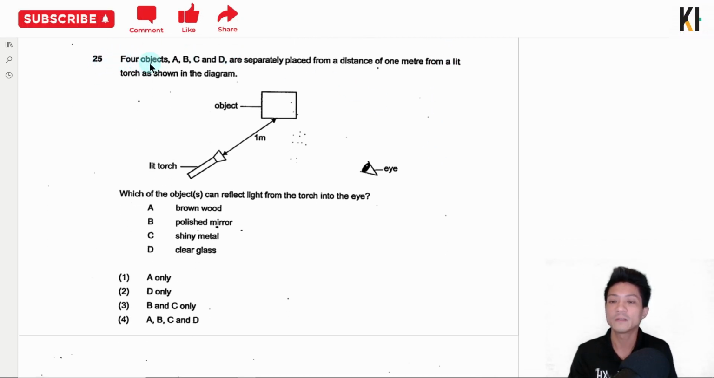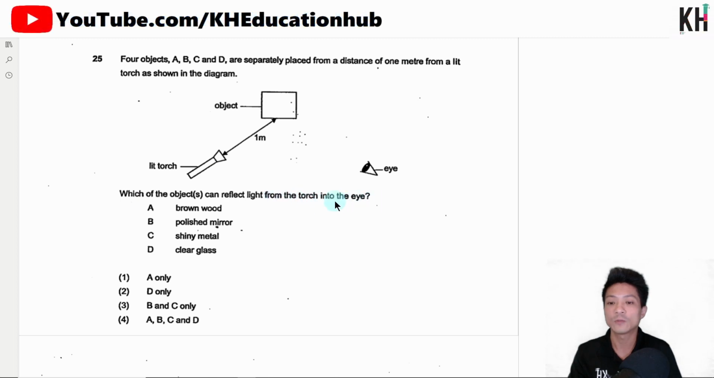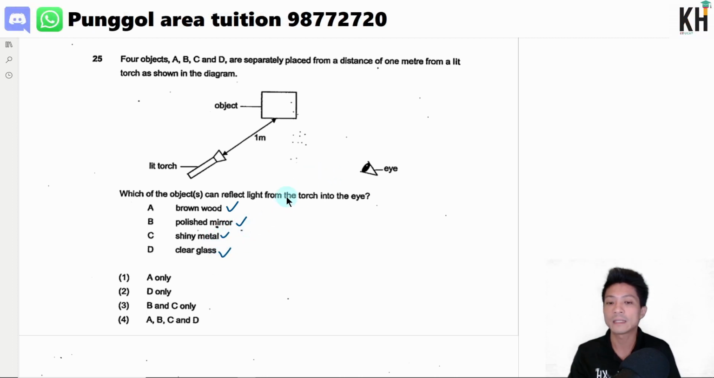Question 25. 4 objects A, B, C, D are separately placed from a distance at 1 meter from a lead torch as shown in the diagram. Okay, which of the following objects can reflect light from the torch into the eye? Okay, brown wood, yep. Polished mirror, yes. Shiny metal, yes. Okay, even clear glass can reflect light into our eyes, but just that it is not a